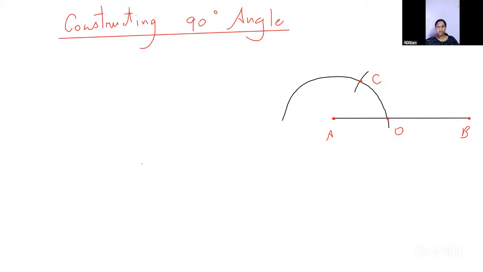Now put the pointed end of your compass on C and cut one more arc on this side of the semicircle. Name it point B. Yes, Abraham. Do we basically just draw a 60-degree angle and a 120-degree angle? Yes, Abraham. We just draw a 60-degree angle and a 120-degree angle again.